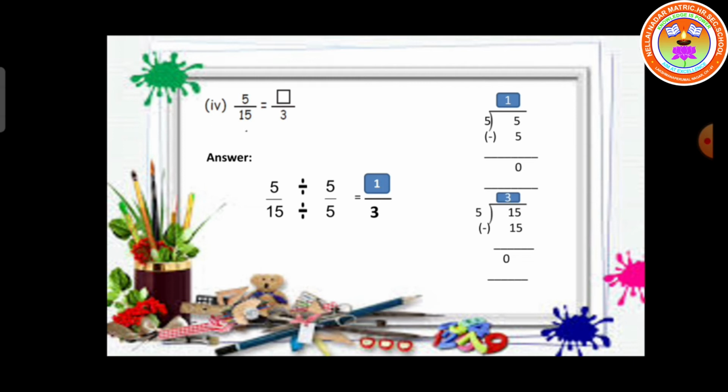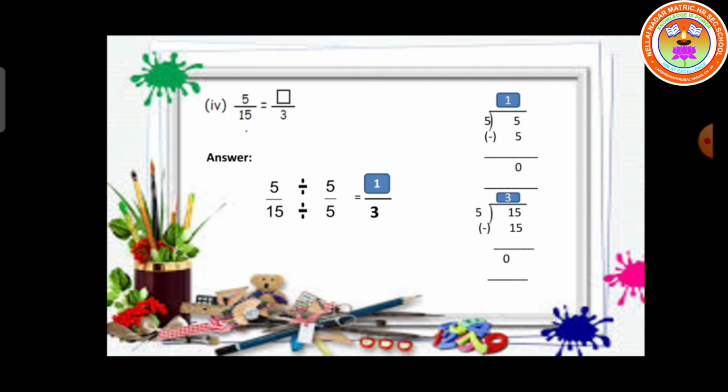Students, by seeing the problem itself, we must know whether we want to multiply with the equivalent fraction or divide with the equivalent fraction. Here 3 is given, 15 is given. Then what is divided with 15? We will get 3. As we know, 3 5s are 15. So 15 has to be divided with 5 only, we will get 3. So the same 5 on the top we have to divide. So we will get the answer of 1 by 3.